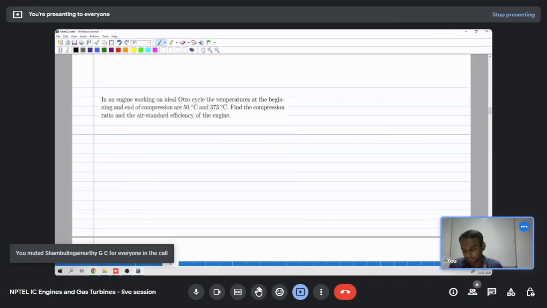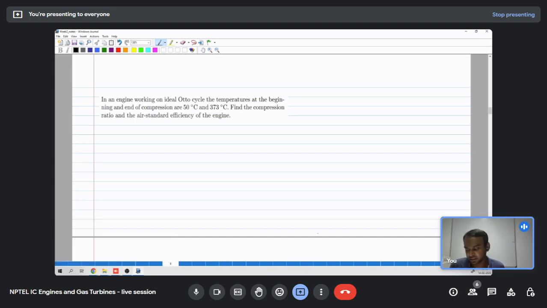Moving on to the next problem. In an engine working on ideal Otto cycle, the temperature at the beginning and end of the compression are given as 50 degrees Celsius and 373 degrees Celsius. I have to find the compression ratio and air standard efficiency of the engine. So temperature at state T1 is given as 50 degrees Celsius. So that is 50 plus 273 Kelvin, which is 323 Kelvin. Similarly, T2 is 373 degrees Celsius,